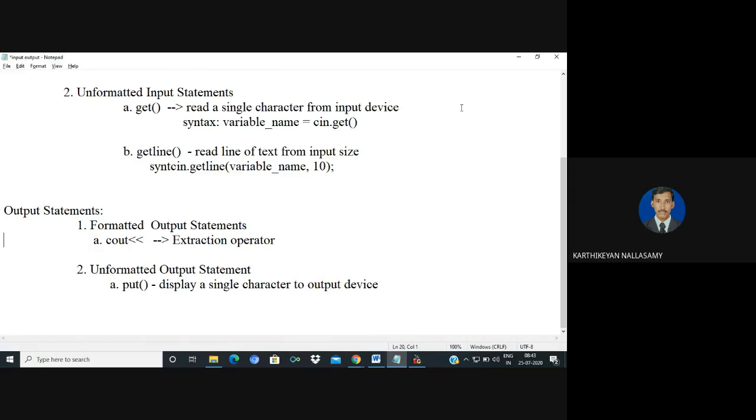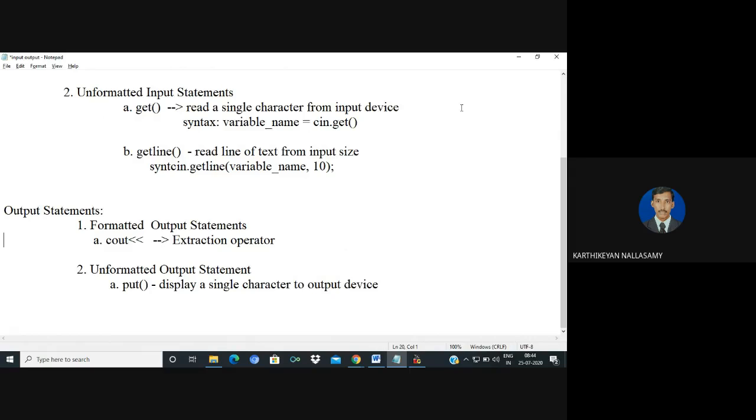Another thing we should understand is that I'm working on the Turbo C platform, so getchar, getch, everything will be supported because they are defined under conio.h. But if you go with some other compiler like the GCC compiler, it will not work. So I don't explain those methods here, but if you are working in Turbo C++, a compiler which supports the header file conio.h, that is console input output, it supports getch and all.